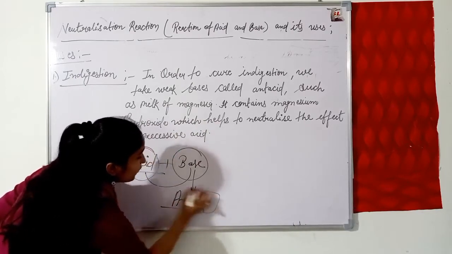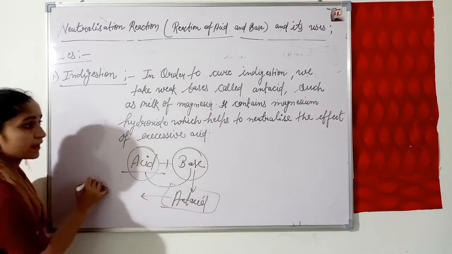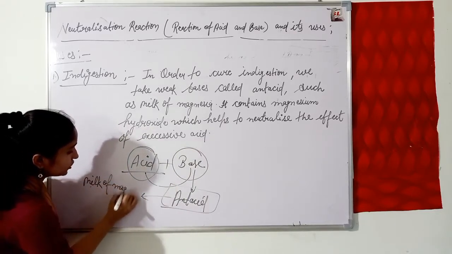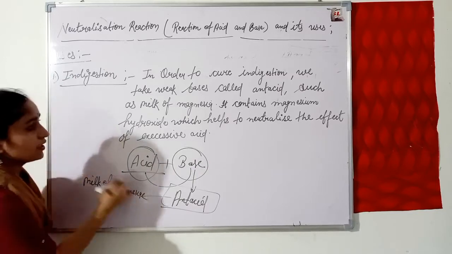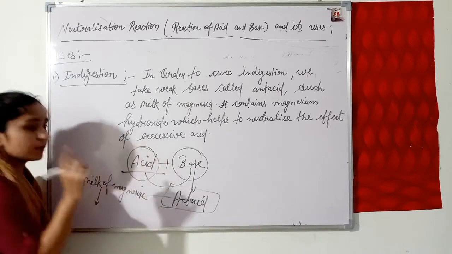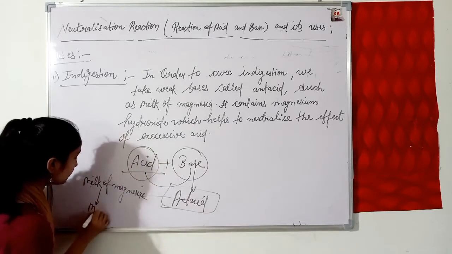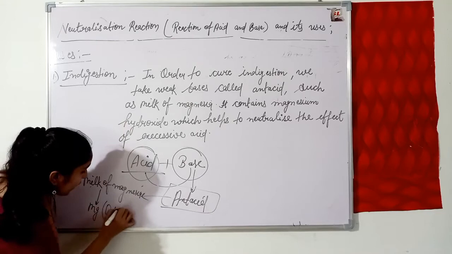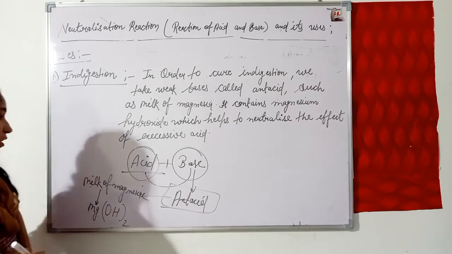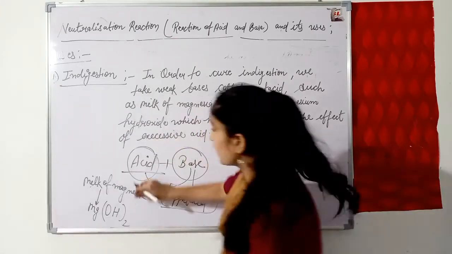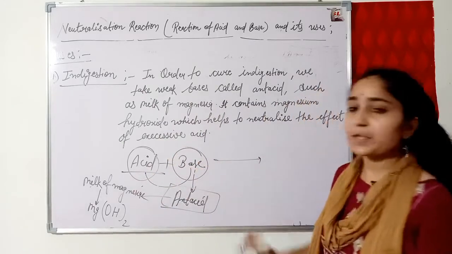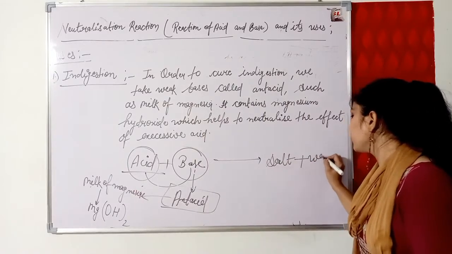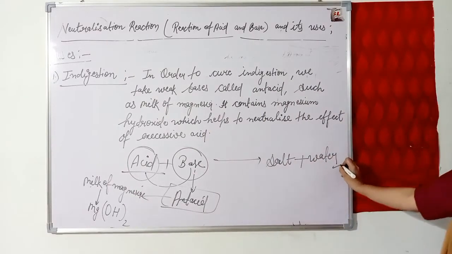An example of an antacid is milk of magnesia. Milk of magnesia contains the base that we call magnesium hydroxide, and the formula of magnesium hydroxide is Mg(OH)2. Now come to this reaction. When acid reacts with a base, what happens? Salt and water are formed, and we get